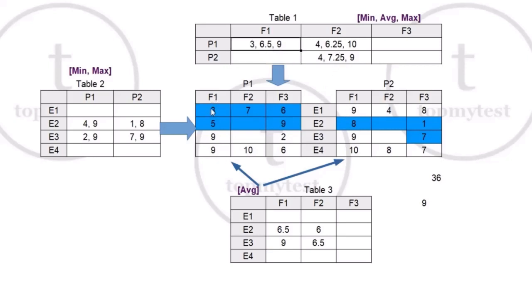So let's look at this column. The minimum should be 3, maximum should be 9, and the average should be 6.5, which means the total should be 6.5 into 4. 6.5 into 2 is 13, 13 into 2 is 26. Sum should be 26. 9 2s are 18, 18 plus 8 is 26. So this verifies as well. Now the only thing left is the last one, which you can fill up very easily. That is the only value left. Okay, so in this row, there should be a 1. There should be a 4. Minimum is 4, that is missing, which means this value should be 4 to get an average of 6. 12, 12 minus 4, this should be 8.